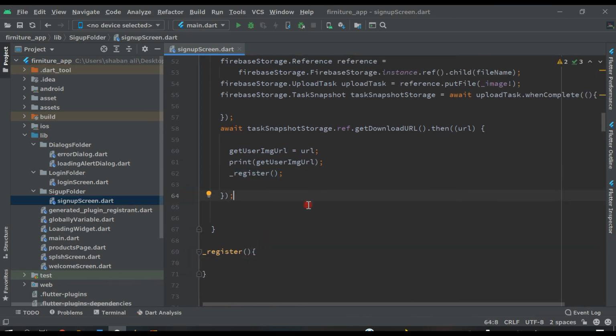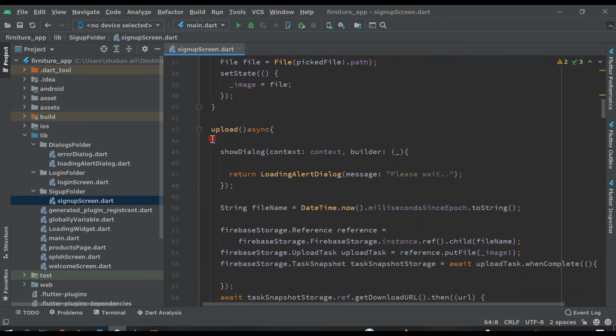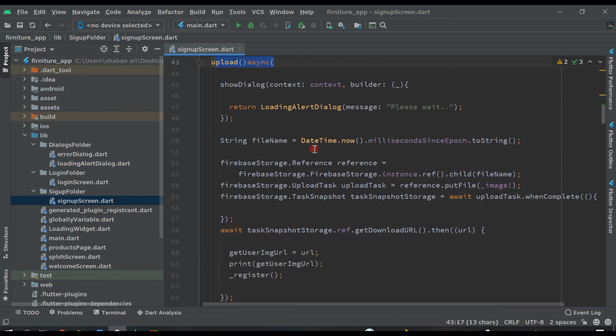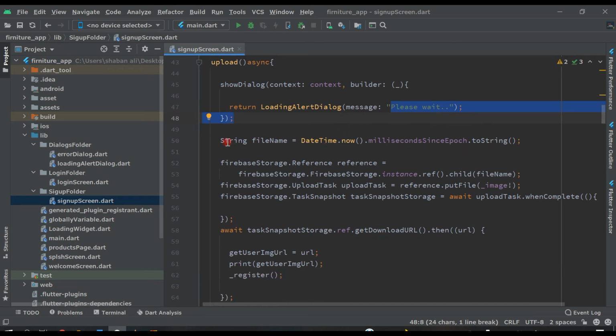So what we are doing here: we created this function upload, and inside this function we are showing this dialog box. If everything is okay, the dialog box will appear saying please wait until the profile image is uploaded to Firebase storage. Then we are making this variable DateTime.now, it's a function also, and millisecondsSinceEpoch.